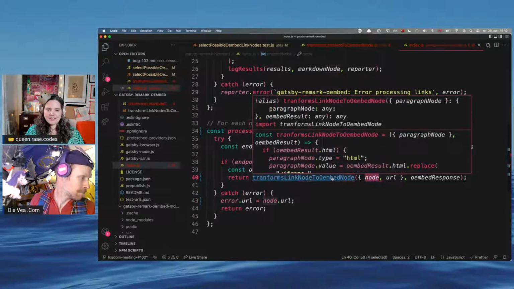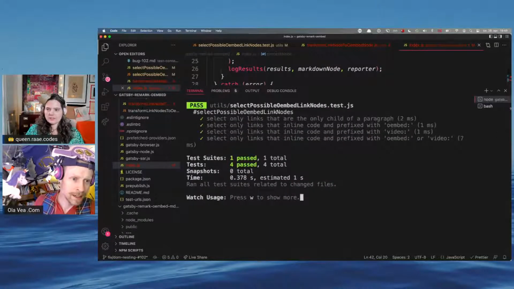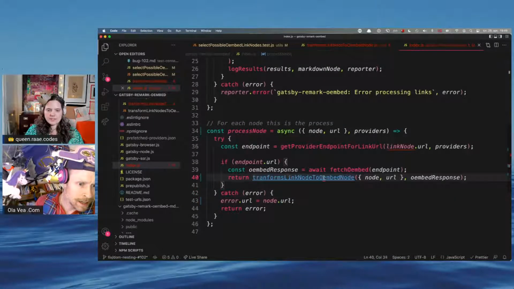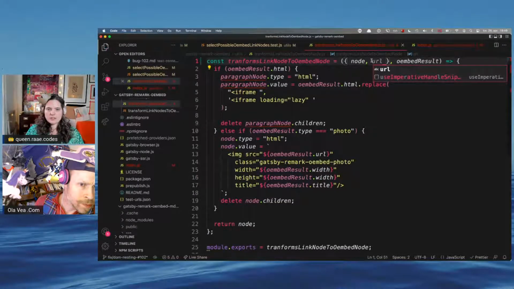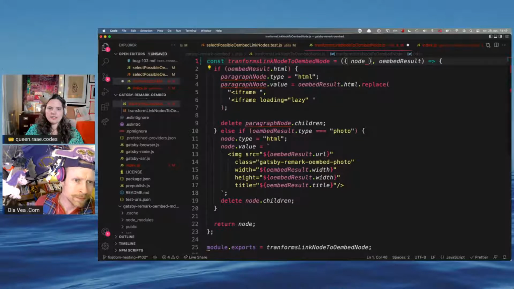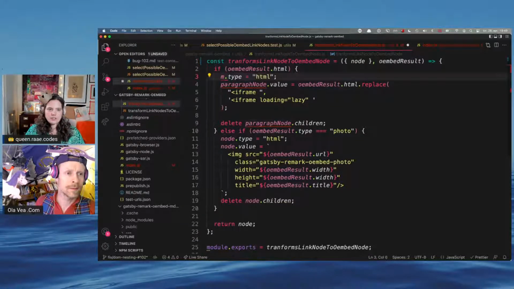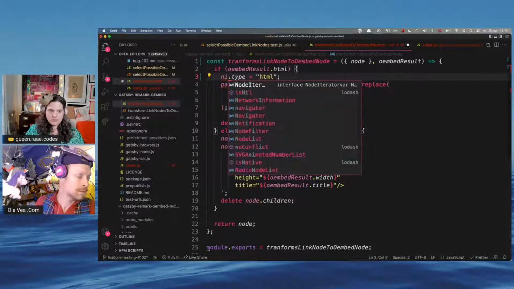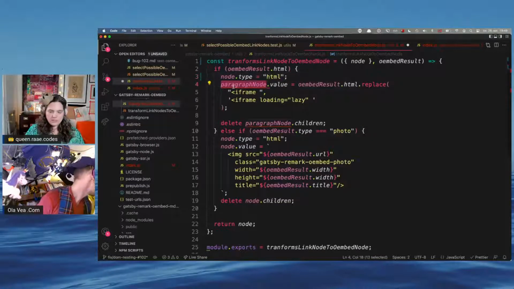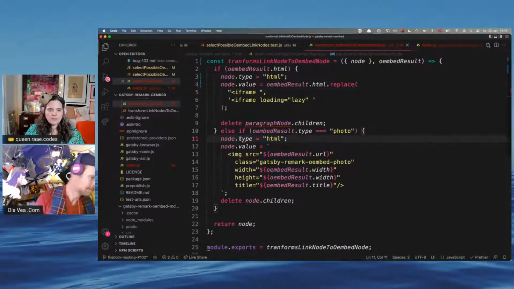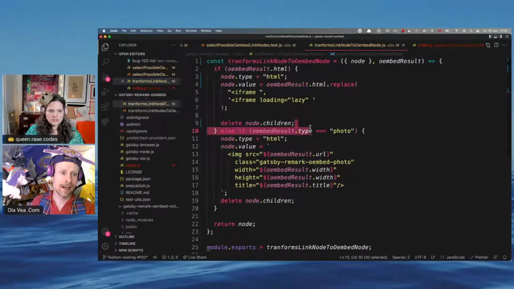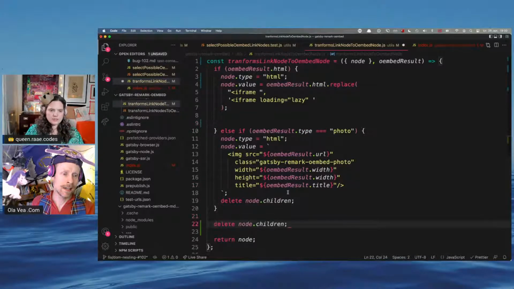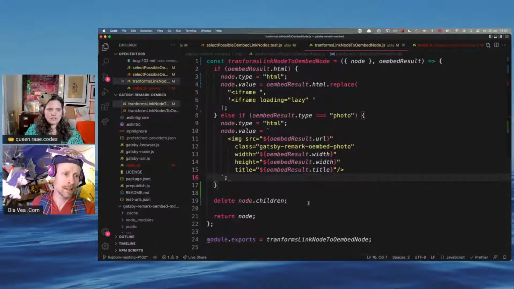Okay, so now we have the node. Let's see if we got some more code, and then we go to transform link node, and we have the node we want to change, and we have the URL, but we don't need the URL here. We just need the node and the oembed result. So node, and then let's delete children. We're deleting children in both of these, so let's just do that there.